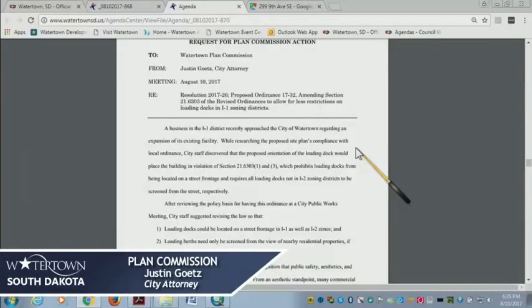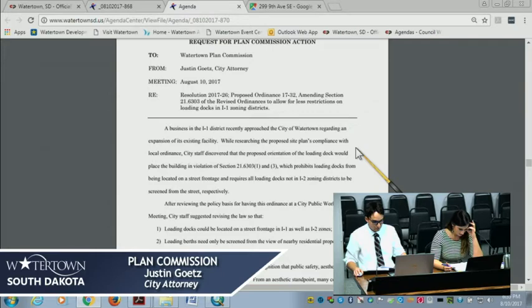Item number 6, resolution recommending approval of ordinance amending section for off-street loading requirements. This again will go to Justin. Thank you, Brandy. Thank you, Mr. Chairman. This ordinance essentially arose out of a request from, not really a request, but just a point brought up by a business